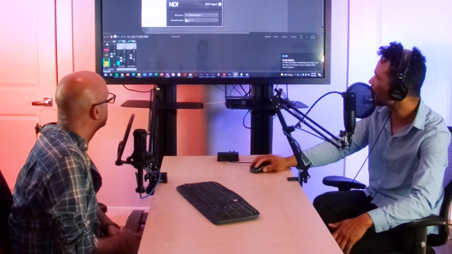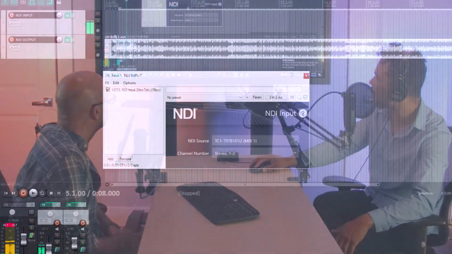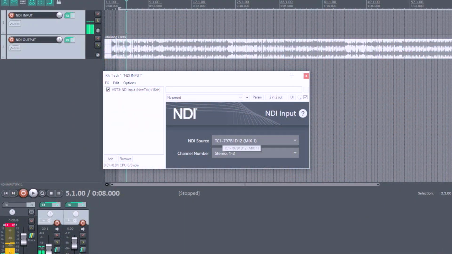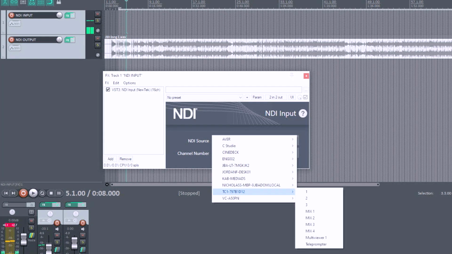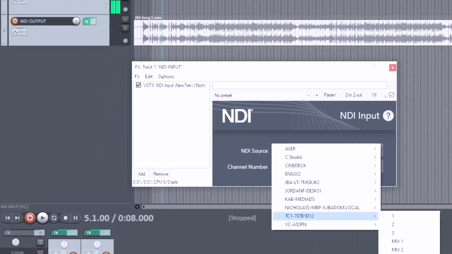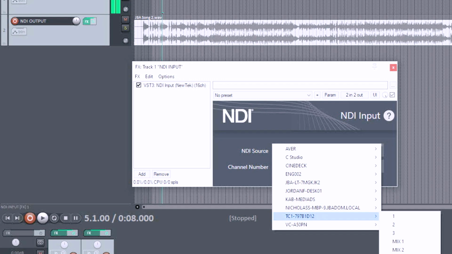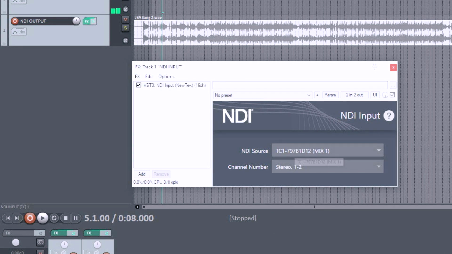But basically right now what we have is we've got TC1 chosen. We're using a TriCaster TC1 here. And that's what our NDI source is, because all of our audio from our microphones in the podcast studio are going to a mixer, which are then being fed live into the TriCaster. But this computer is actually downstairs in my workstation, which is on the same network. It's nowhere close to these microphones, but we're still able to pull in the TriCaster audio directly.